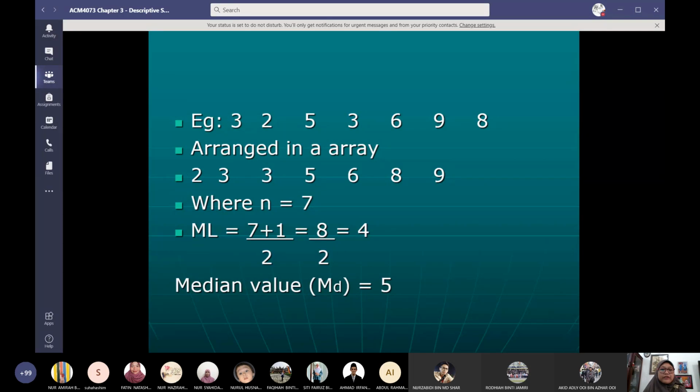3, 2, 5, 3, 2, 3, 4, 5, 6, 7. There are 7 numbers. I would say it's easier because you can easily find the middle. You have the first 3 and the last 3, and the number 3 is in the middle. That is the mid value. However,